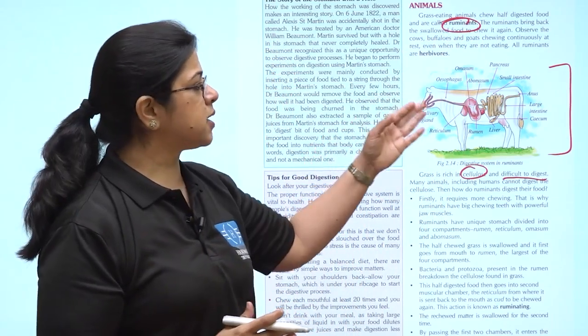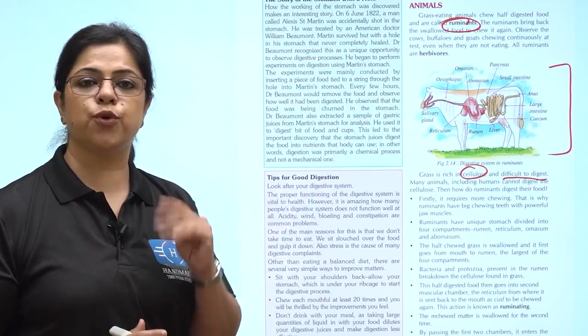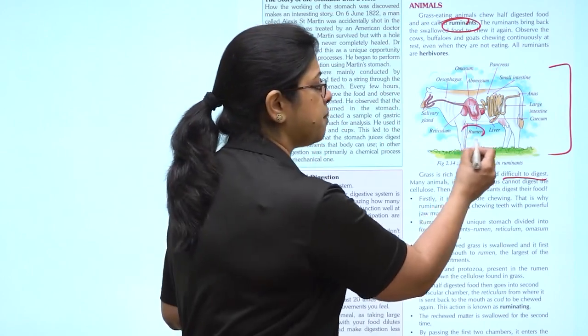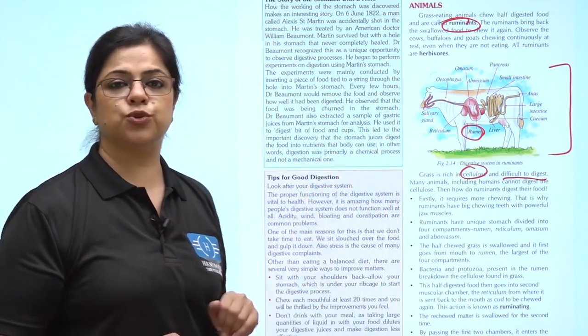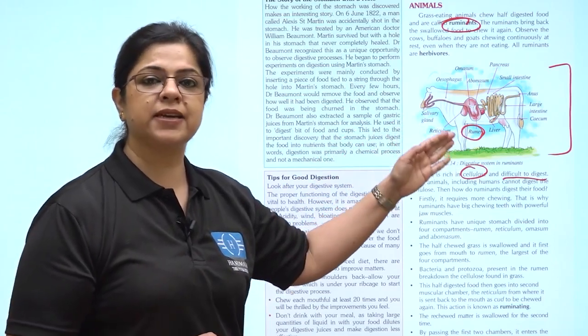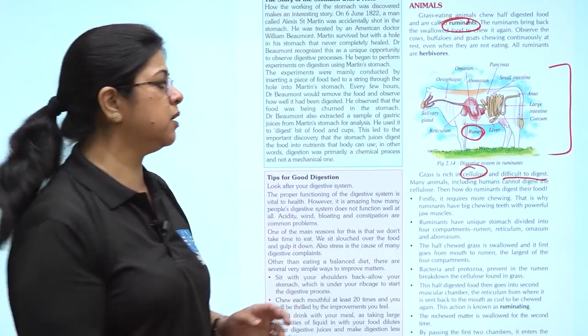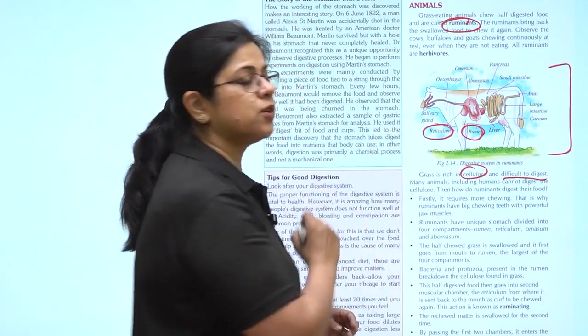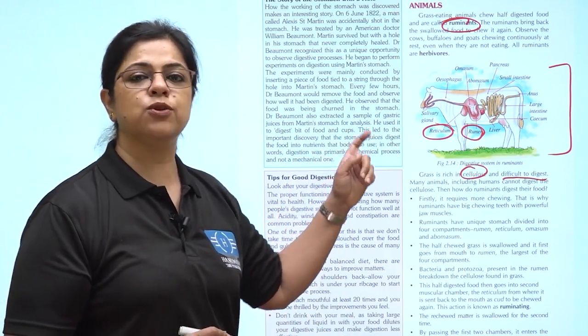Now coming to the stomach of the ruminants. The stomach of the ruminants is divided into 4 compartments. The first compartment is called the rumen. The chewed food comes into the rumen. Here, the bacteria and protozoa act on the cellulose, breaking it down a little further. From here, the food goes into the second compartment, which is known as the reticulum, and the cellulose is further